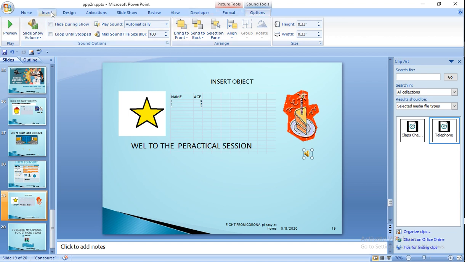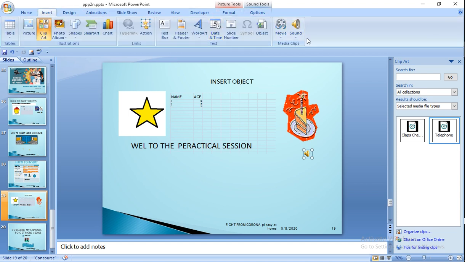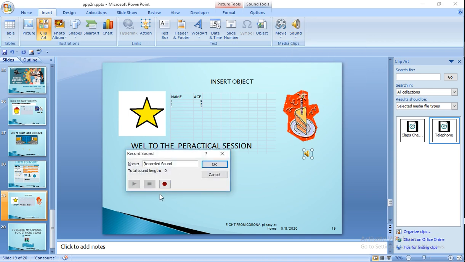Or how to record your sound. Press this one, press record sound, and then write your name, info, then start record.